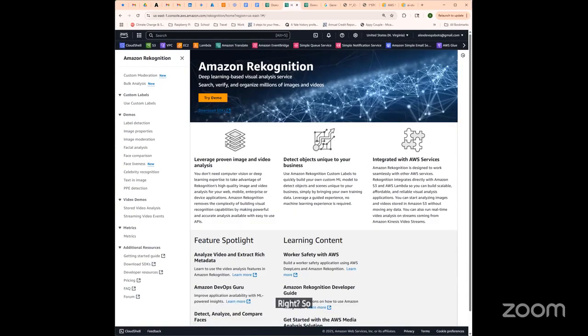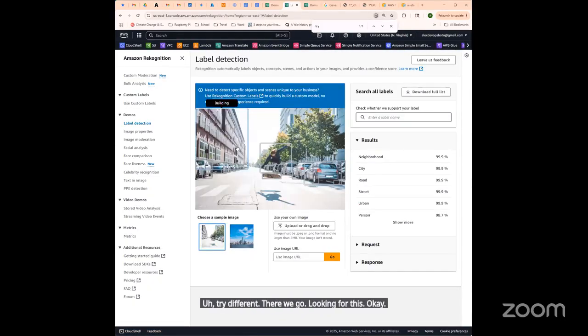So one thing you're going to do, go to Rekognition. There's a bunch of different demos, custom moderation. Try demo. Okay, so here's a sample of what you can do.